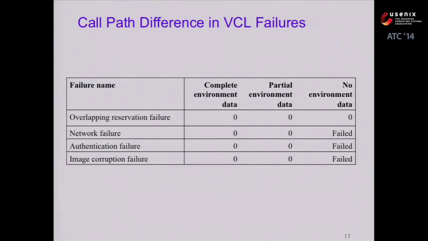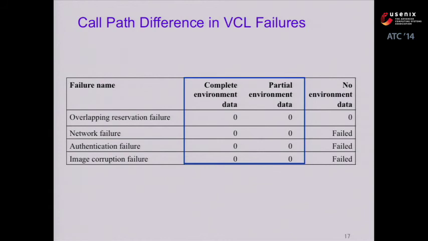The first result I'm showing here is the call sequence difference. It denotes the deviation between the call sequence of the path discovered by the system and the call sequence of the original failure path. We tested it with three different environment settings to understand how the environment impacts the system. The first is the complete environment information, where the system has all the original information at the failure run. For the partial environment information in the VCL system, we simulate this by dropping all the information in the database that is related to the failed request. For the no environment information, we drop all the information in the VCL database.